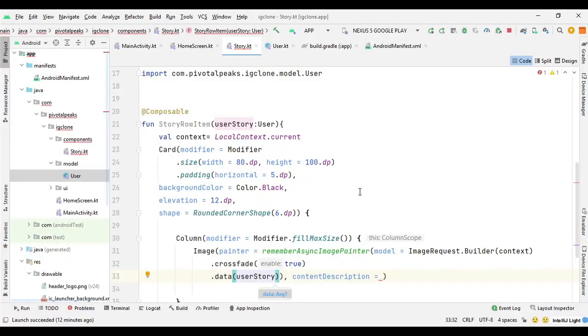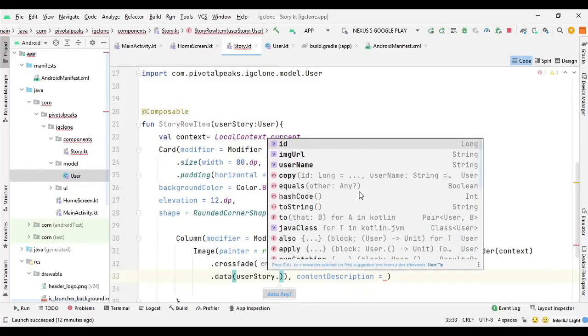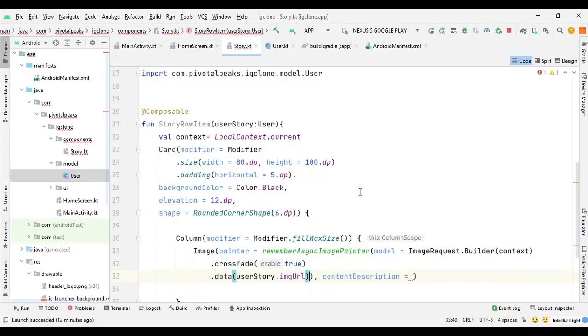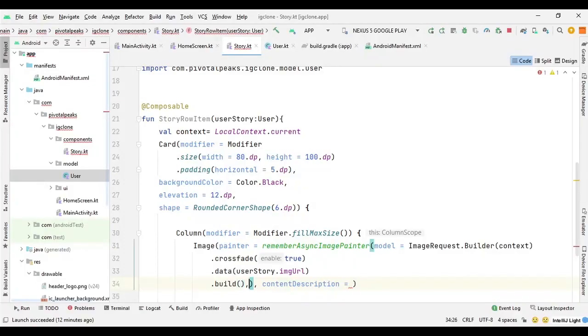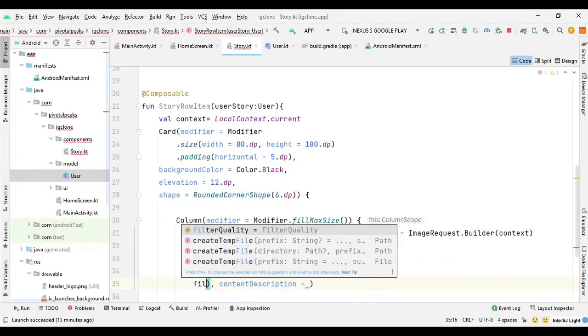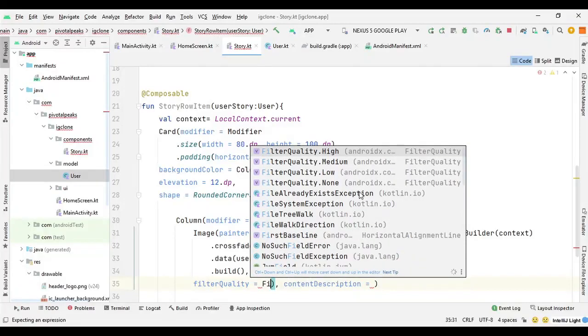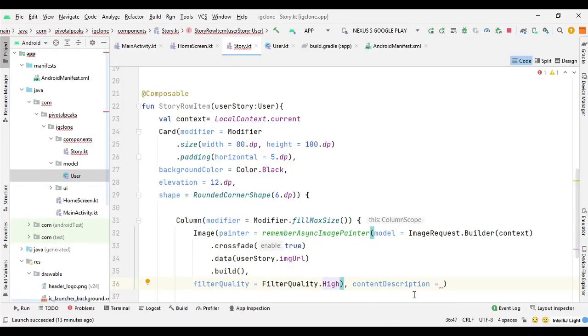Here we will say userStory.imageUrl. Then we can call the build function, and we also need to pass the filter quality. So we can say FilterQuality.High. For content description we can always pass null, it's not an issue here.